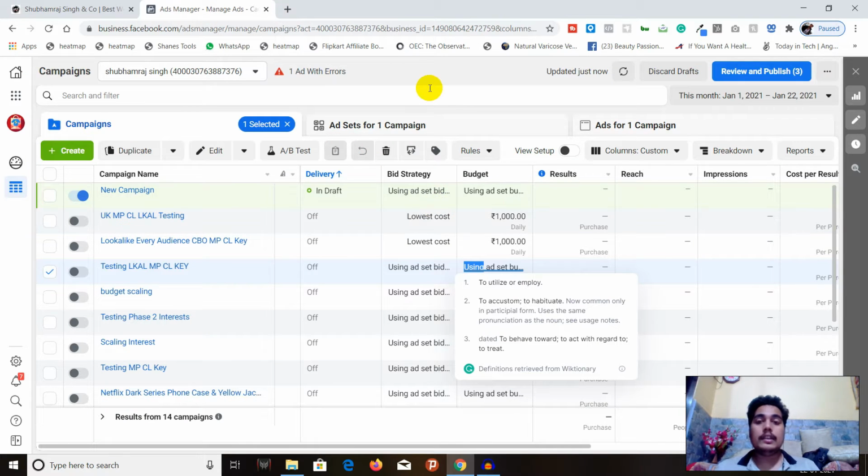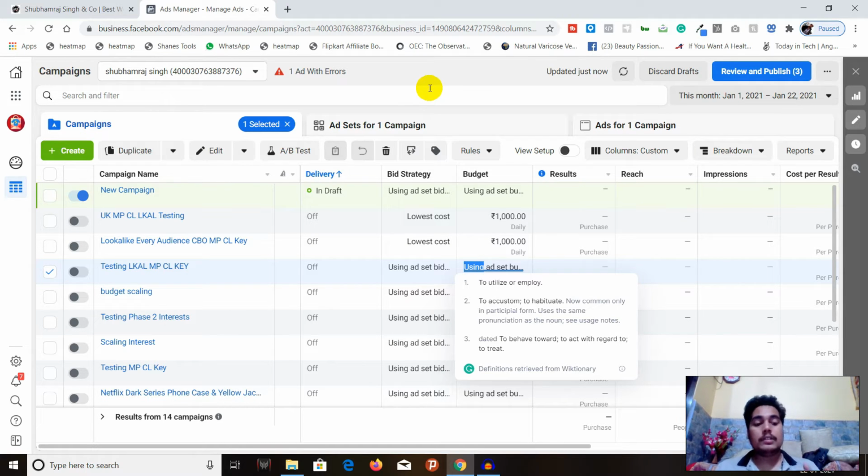So here we can see I am currently in my ad manager section, the ad manager dashboard. So remember, the first thing at the very apex level of Facebook advertisement is the business manager. The business manager holds all the details, like the pages you connected from Facebook as well as from Instagram.